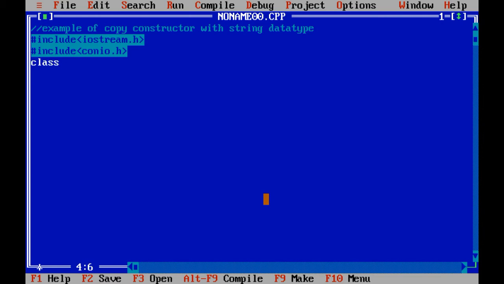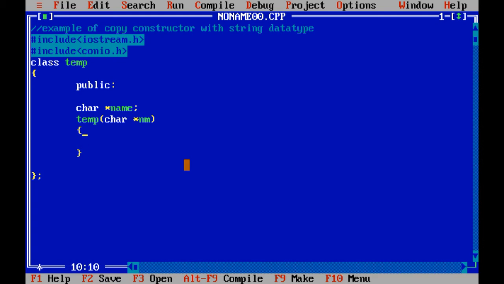So let me create one class called temp, then public, character pointer name, because over here we need to consider string data type. Then let us create the constructor of the temp class, temp character pointer nm.